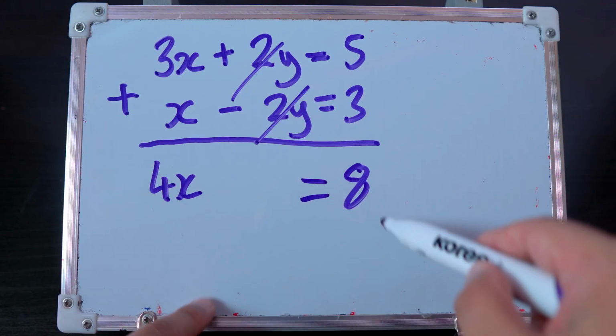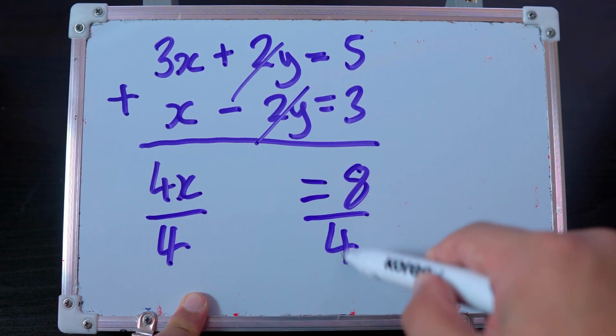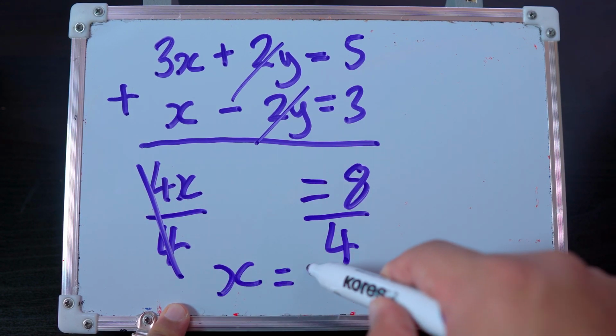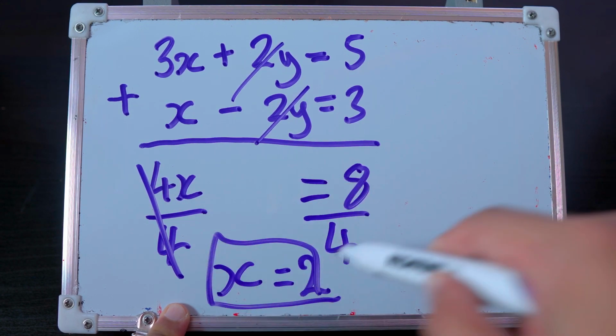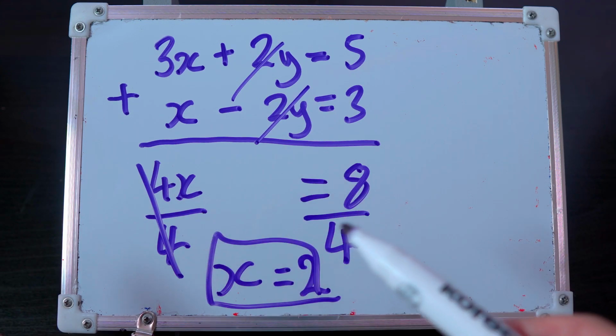Oh, that's cool, Dad. You eliminated the y's. Yes, man. So let's carry on working this out, son. Check this out. I'm going to isolate this by dividing by 4. If I divide both sides by 4, the 4 cancels out. x, therefore, is equal to 2. Your x is equal to 2. Now, that's brilliant. So you got x is equal to 2.